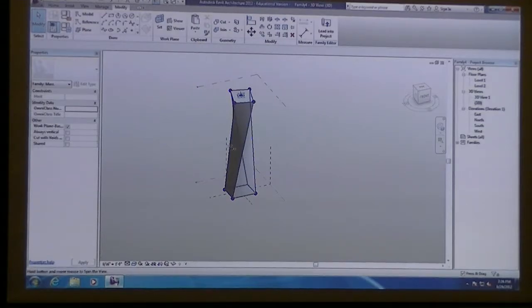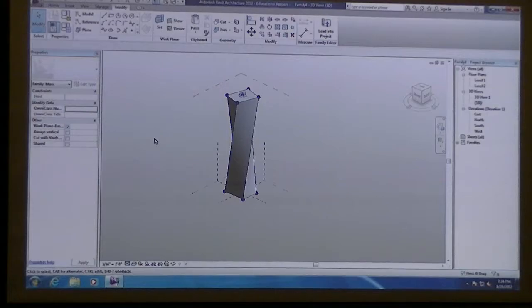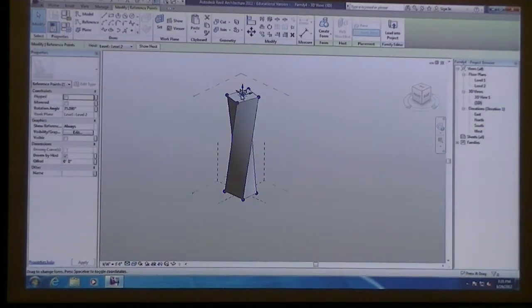And you can get that form to kind of twist and turn. And what I didn't do is spend the time setting up all the parameters. Right now this is all kind of a one-off item. But you all know how to set your point. You could set the rotation angle in a parameter for this one particular point and another rotation angle at the other bottom, and then change parameters and have this thing twist and turn.